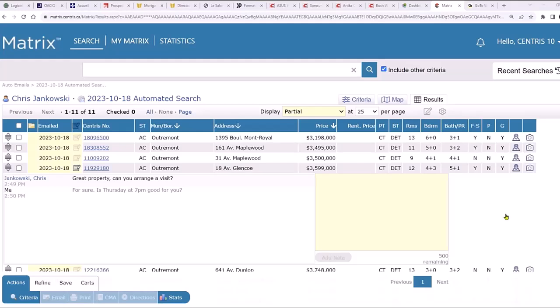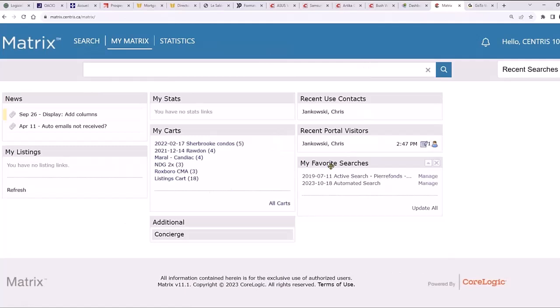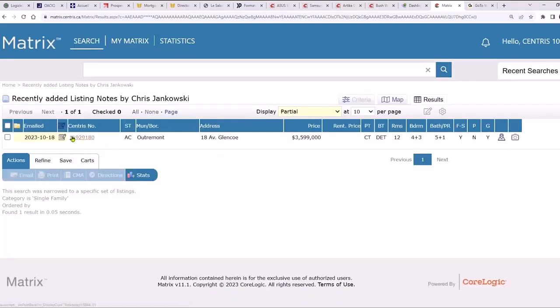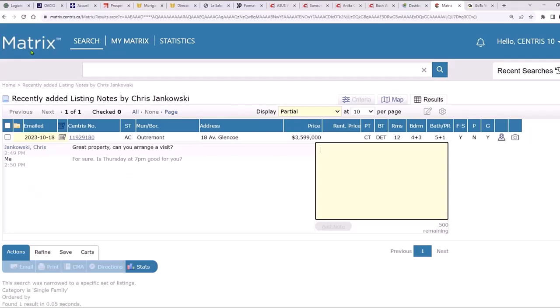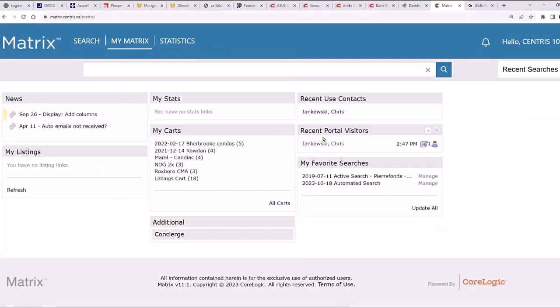I'm going to do another one, of course, but I just want to show you, let's say if we would be starting over again here, right? And see, I added it to the hot search, or the top 10 searches that people are going into. If you have that many, they'll appear here in the recent portal visitor. So if there's any activity or any notes, as you can see, if I click on this right away, it'll take you to the listing that you want, and the information or the notes are there, right? So everything is integrated, for you to see at a glance, and have the information as easily available to you as you can, right?